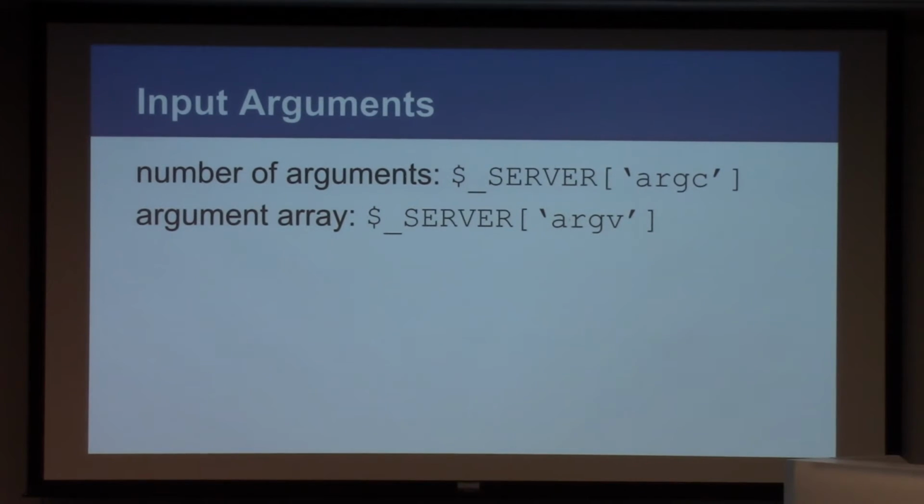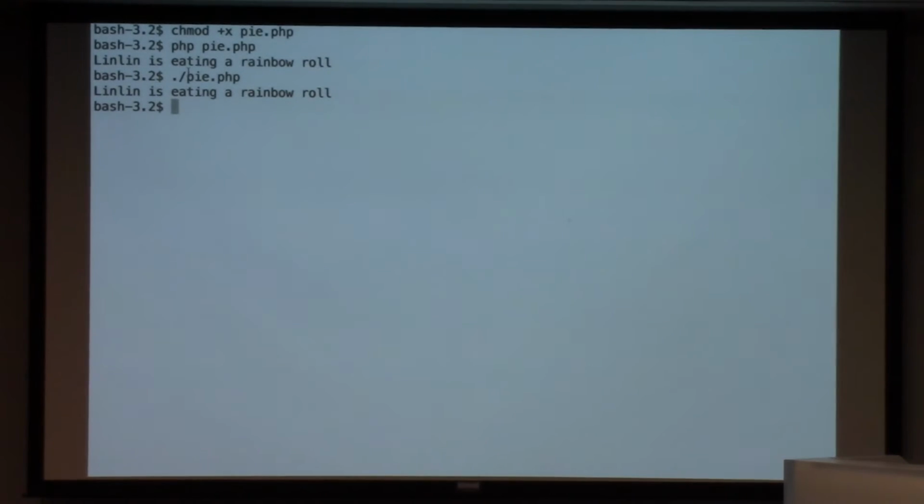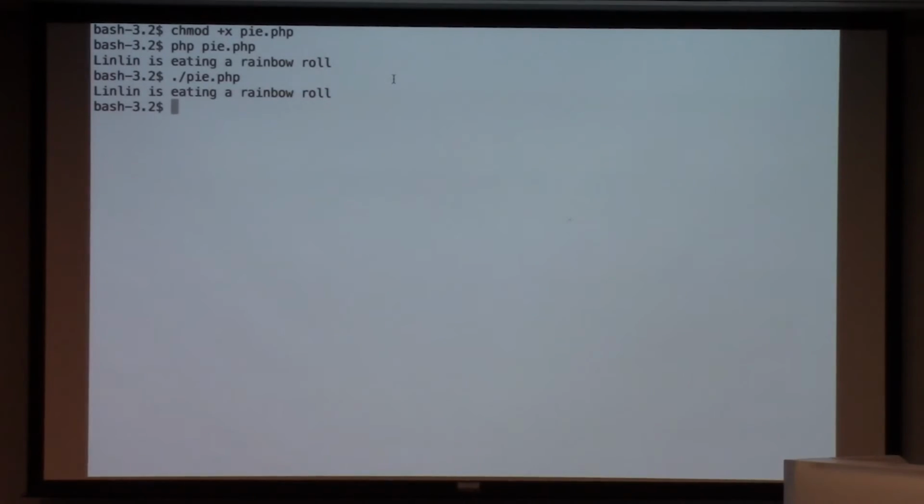So, input arguments. Now that it's an executable, I can have input arguments. This is going to be another string, because that's easy to demonstrate. I will put that right into the code. So if I open up pi.php,